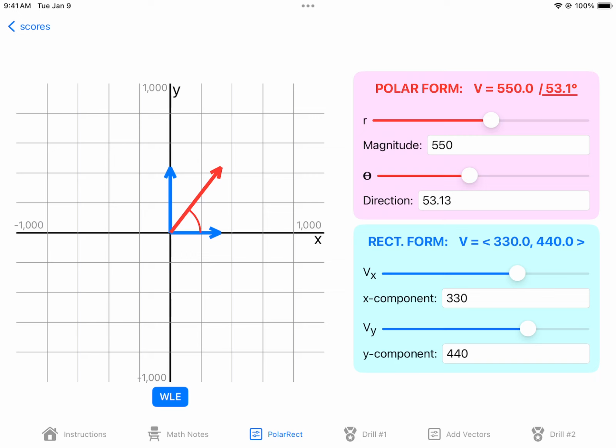The 2 blue vectors are components. They add up to the red vector. You can express this red vector in polar form. You can express this red vector in rectangular form if you give 2 numbers. So anyway, like I say, this is just kind of like a